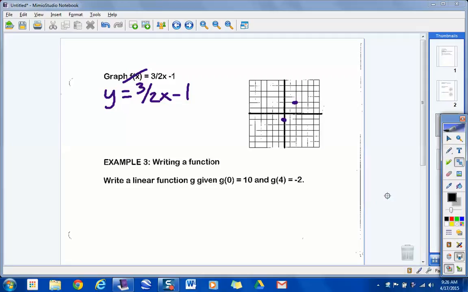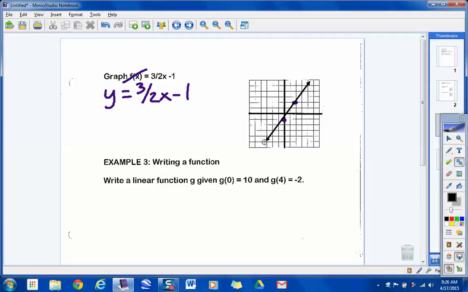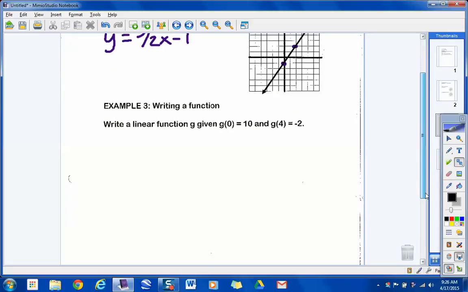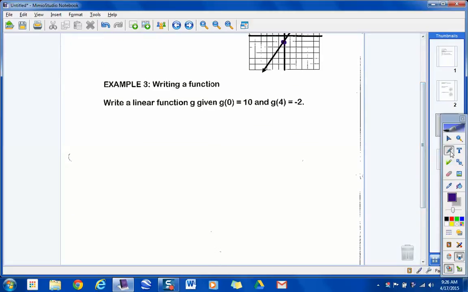All right, so that's what you get right there. So you guys feeling pretty good about this? All right. So yesterday we kind of left off with the start of example 3, and what we were supposed to do was to take points that are in function notation and write a function for that. And again, one thing I want you to keep in mind is all these functions are going to get written in